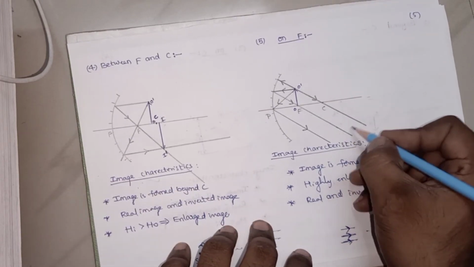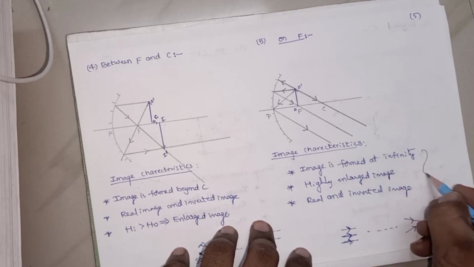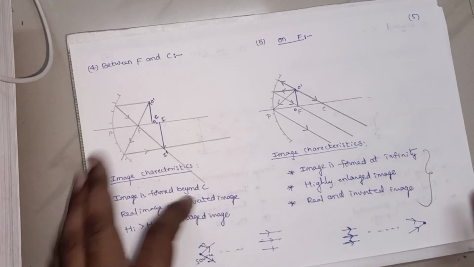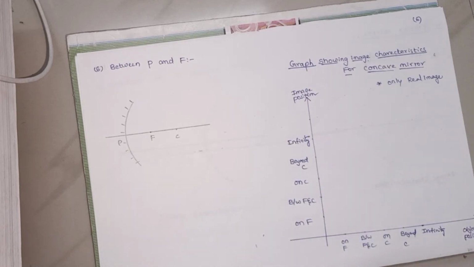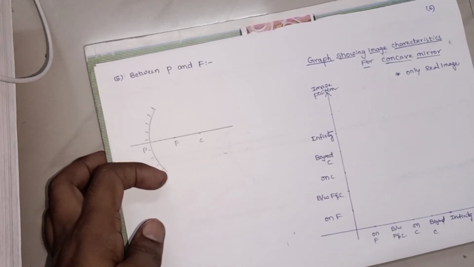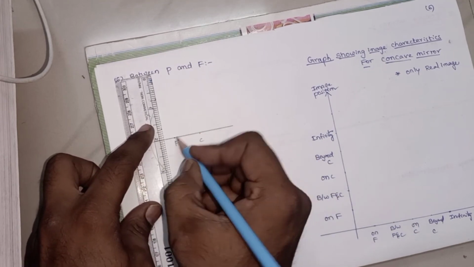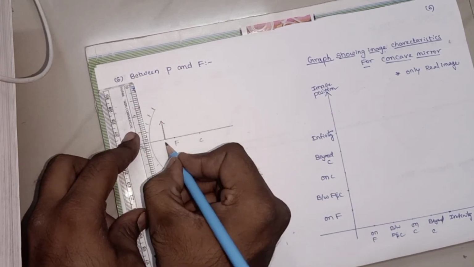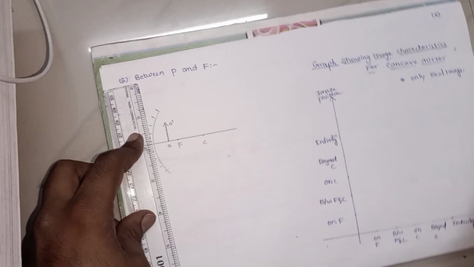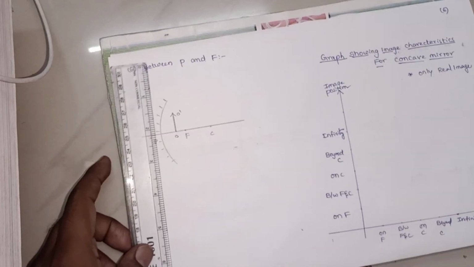So the parallel rays will meet at infinity, so that's why you will get this kind of image characteristics. I hope all of you understood. Now the next thing and the last thing is the object placed between pole and focus. When the object is placed between pole and focus, remember you will get the real image,